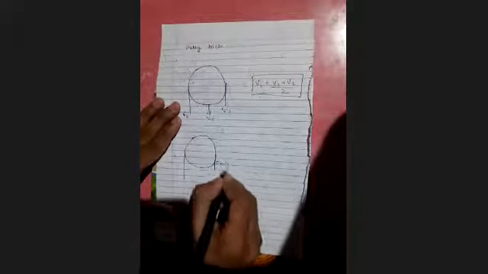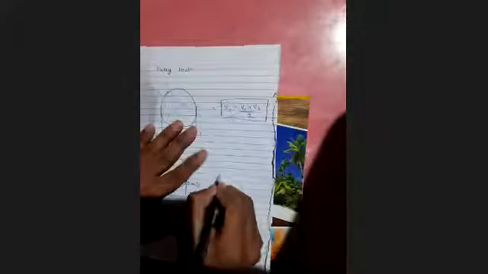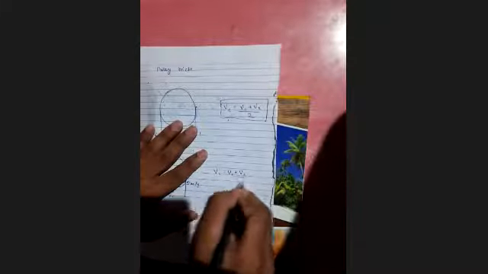We have, in this direction, 2 meter per second. This rope is pulling at 2 meter per second, and this goes at 4 meter per second. And we want to find VC. So we know that VC is V1 plus V2 by 2. Now we'll put values, we will get 2 plus 4 by 2. So we have 6 by 2, which is 3. So we got 3 meter per second.